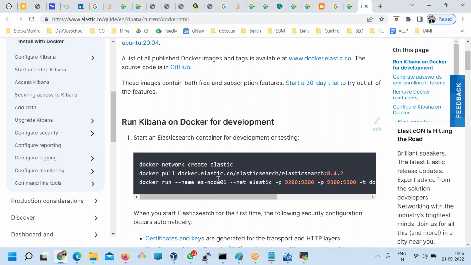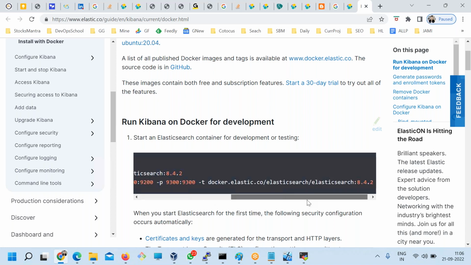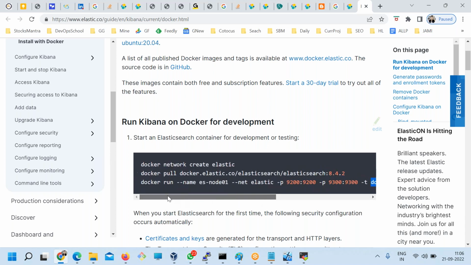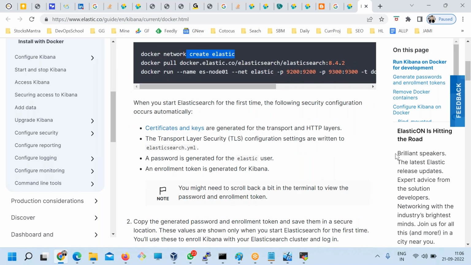Just give me some time. I'll come back to this, because here the command is, whenever you run Kibana, Elasticsearch is running inside that container only. So if you see here, but just give me some time, I'll come back to this. Else we can install